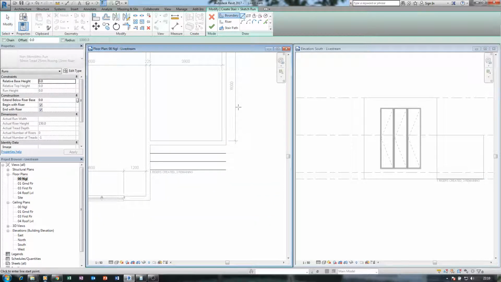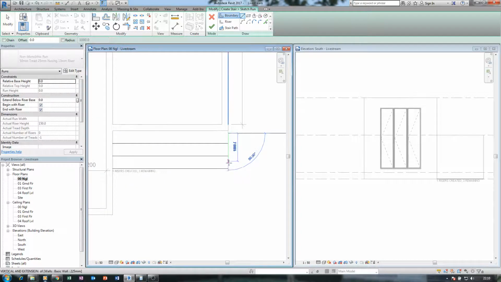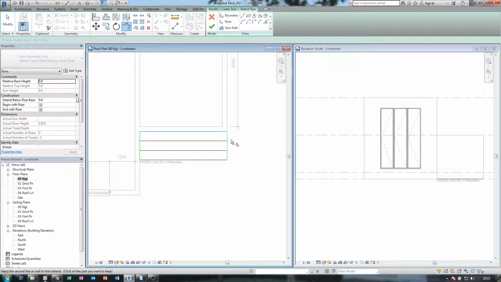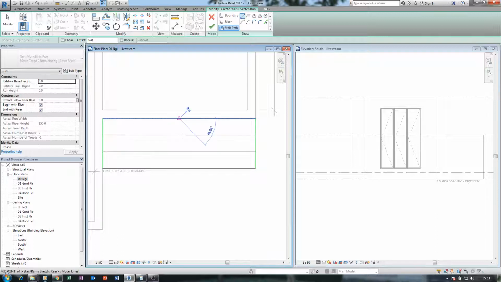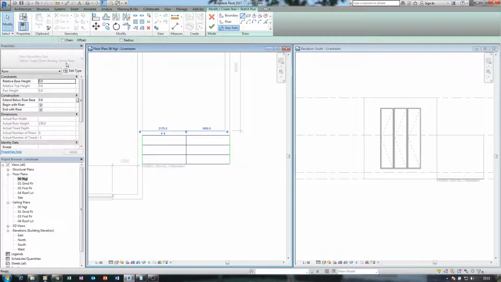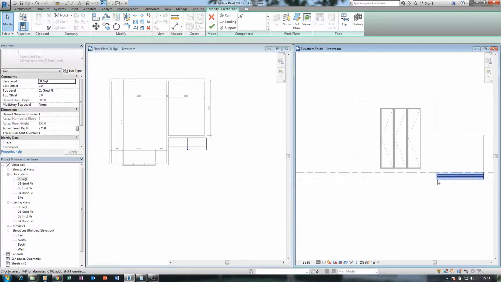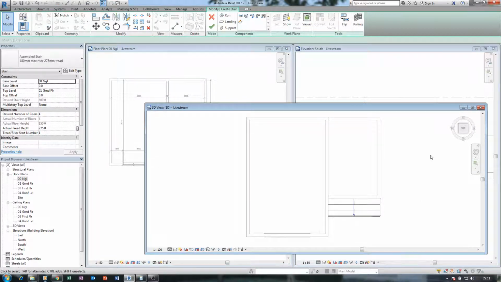then you create a boundary. You create a boundary here. The riser again should actually be here, and you trim everything together. So we have that, but you cannot finish it without creating a path. So let's just put this path here, and that's just it. And we have created the steps, which is actually the staircase.